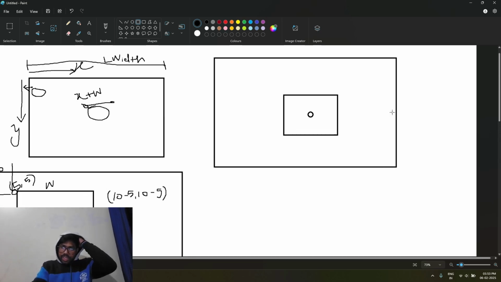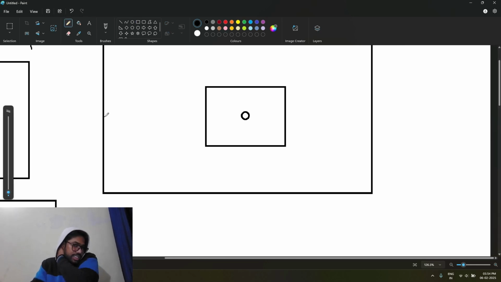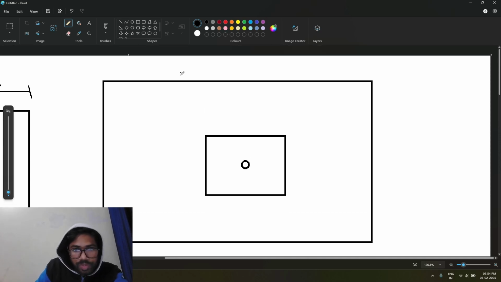See, it says that the camera's x position is equal to the dot's x position plus it is adding